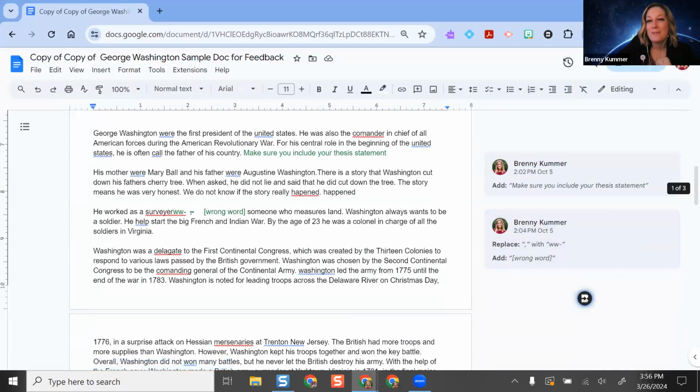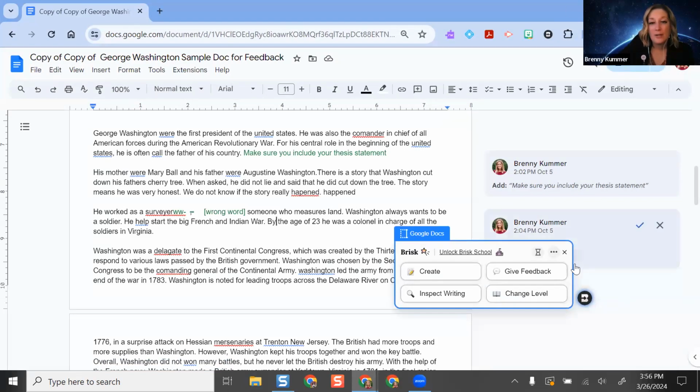But to open up Brisk, the extension will be up here when I first install it, but then after you click it one time, it shows up here on the right-hand side. So if I click Brisk, we're not going to do create, but this is where I can make a lesson plan, activities. They do have an AI detection tool, but I'm not showing you that